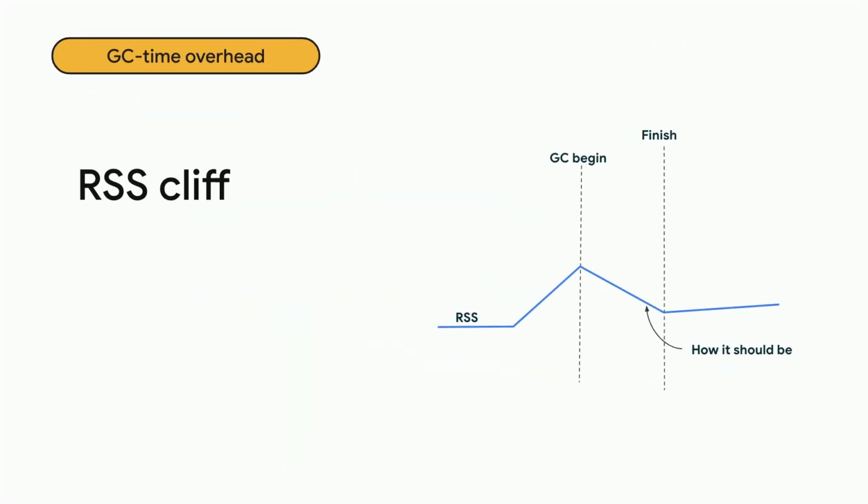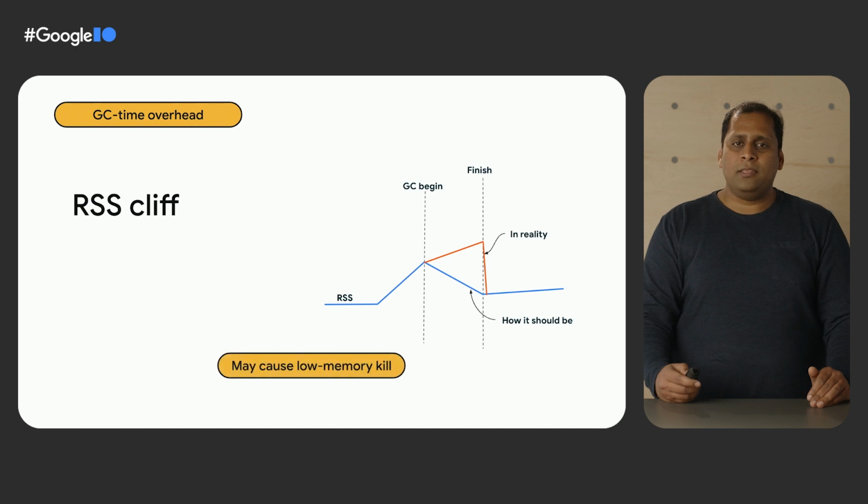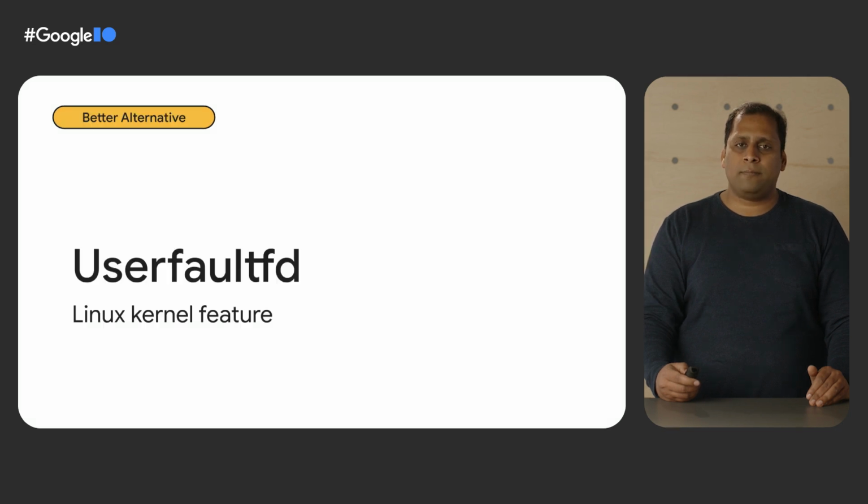Anybody would expect that when a GC is taking place, over the course of the GC activity, RSS would at least not go up, if not down. However, in reality, since all the objects to be defragmented are first copied, and only in the end we are able to reclaim them, we first see a growth in RSS and then a sudden fall, like a cliff. This could potentially force the OS to kill background apps in order to alleviate the memory pressure, which otherwise could be a good candidate for hot or warm startup.